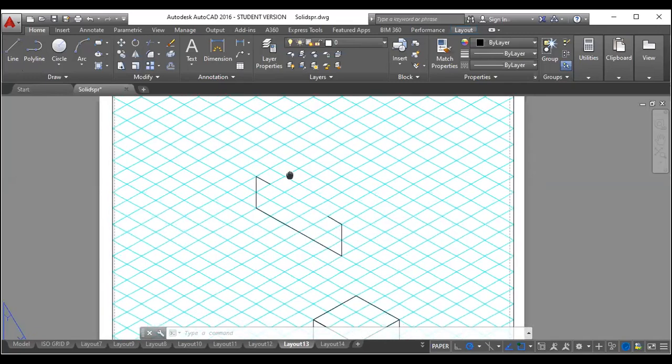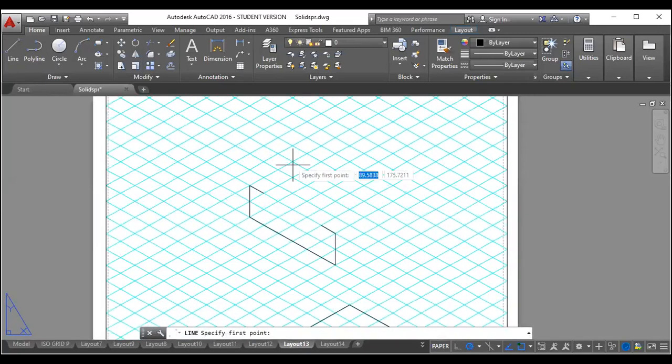Now we'll give the height of the second slab. Height of the second slab is also 20. So I'll go vertical 20, and then from here I will go again vertical 20. So this is the second one. Now coming to the third one, the third slab breadth is 20.